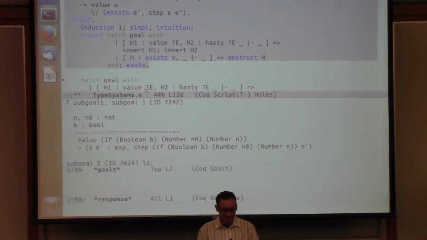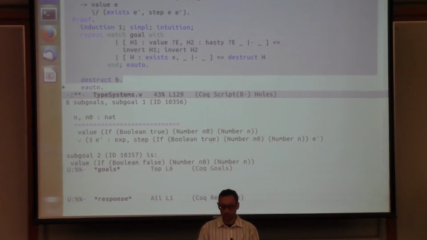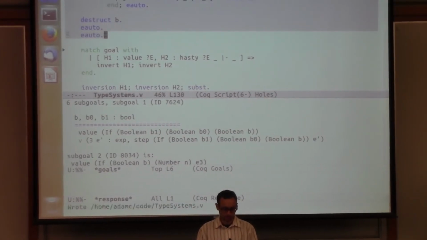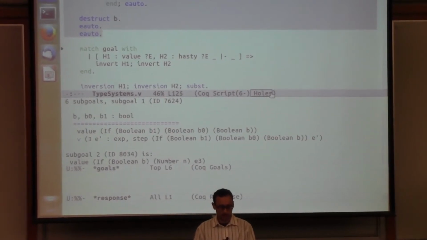So the basic idea is we should notice, to make progress here, we need to know if B is true or false. So we're going to do case analysis on B. Let's do that manually first. Let's destruct B. Okay, so now we know that we have a Boolean that's true. Let me e-auto that one, because now the rule will tell us directly a true if reduces to its then case. And similarly, a false if reduces to its else case. So we can see in this case we had false, which makes it easy. So the rule that I'll add here is,